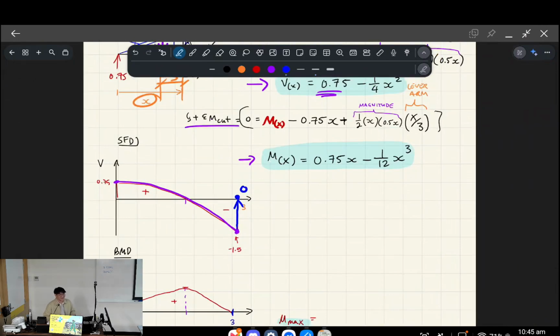I don't know if any of this is making sense. Does this kind of make sense? Yep. So do we always need to find the second expression? Because isn't that just the integral of the first expression? That's true. Not always, because